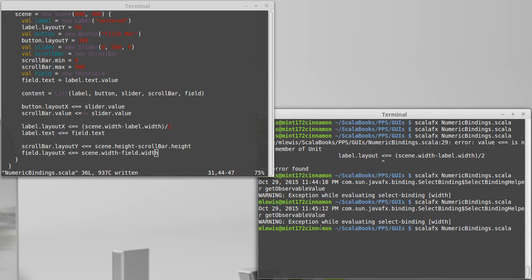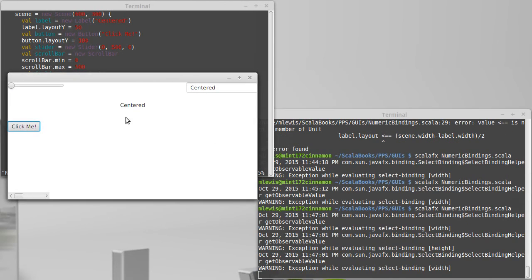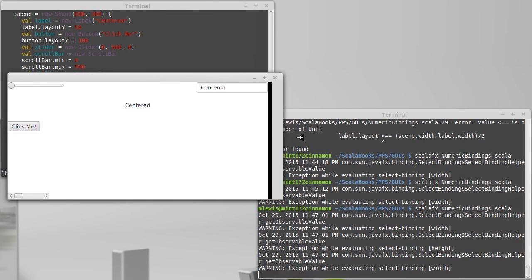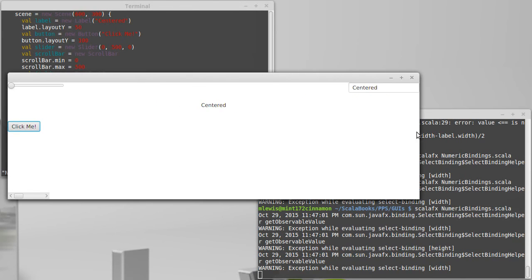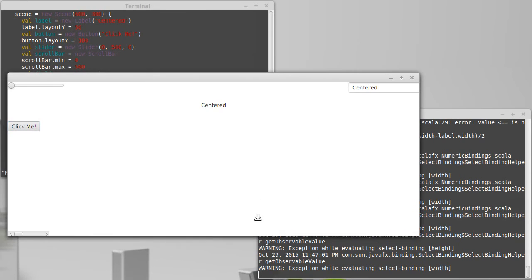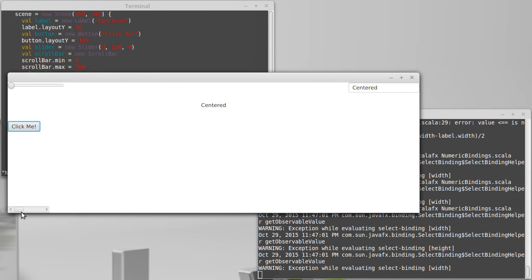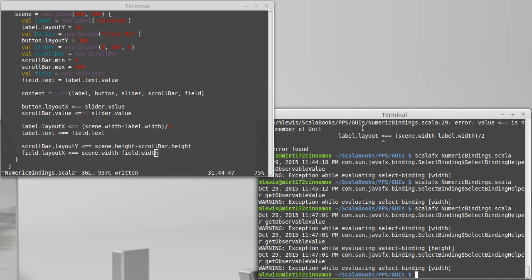And if we try running that, now we get 3 of these warnings because of how we're positioning things. But you'll note that as I change that, the text field stays over there. As I change this, the scroll bar stays, and our button still moves around as it goes. So that's a nice overview of the numeric bindings and some of the fun things that we